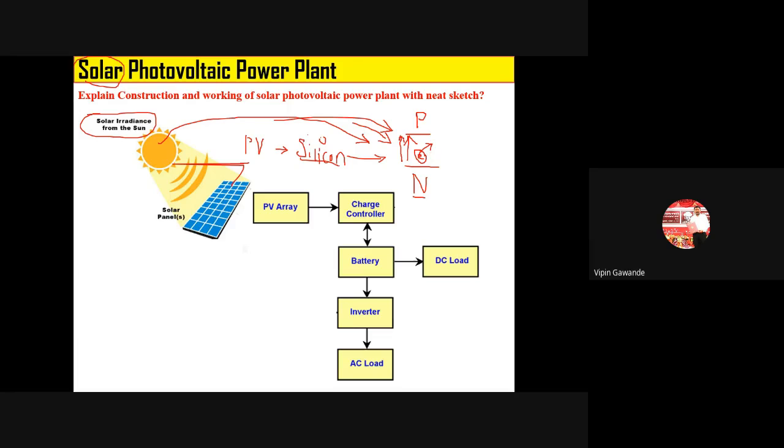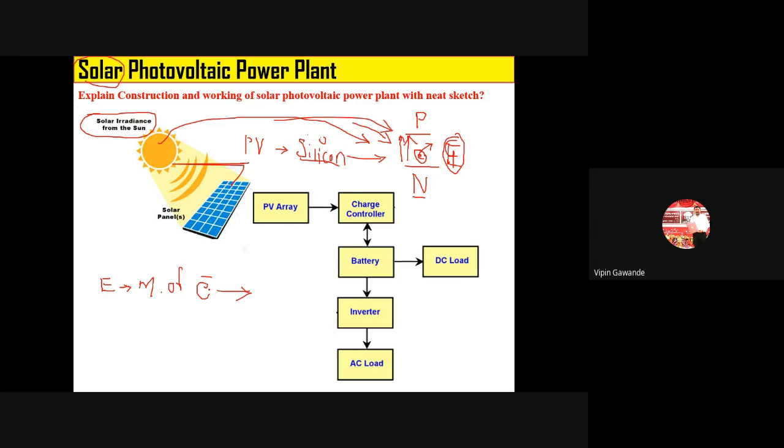We know that the movement of the electron generates what? It generates electricity. Moving of electrons generates electricity. So what is the basic principle here? We know that electricity is generated because of what? Because of the moving of electrons. Now how do we move the electrons?